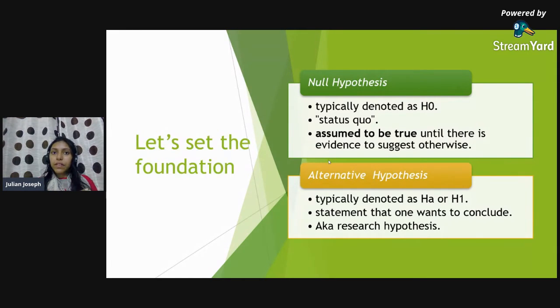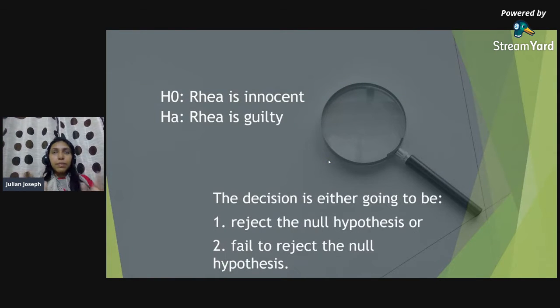When we get enough evidence, like for example, we have these gut feelings. Say, for example, there could be a hypothesis that the average height of an Indian woman is 5 feet. Now, statisticians might gather data to make sure that you have enough data to either continue assuming that the null hypothesis is true, or you might find that no, there are women who are shorter, or a majority of women are taller than 5 feet. So that is a basic introduction to hypothesis testing.